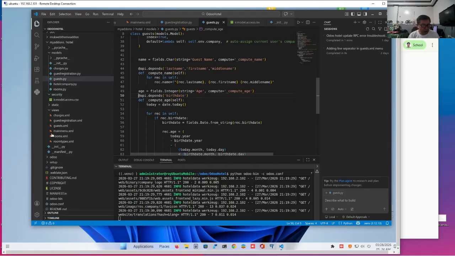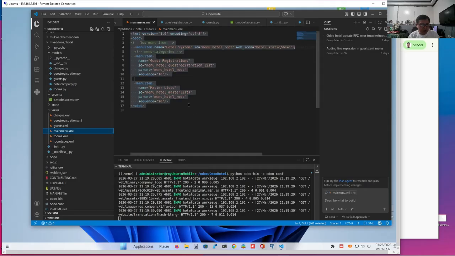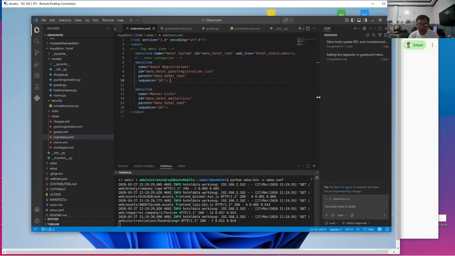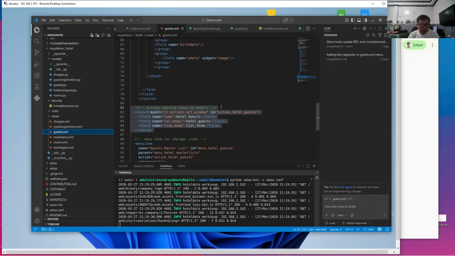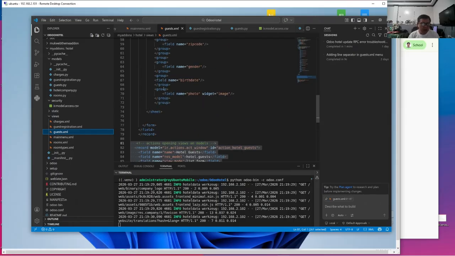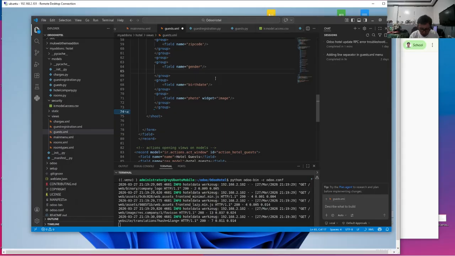Let us go to our guest.xml and include it in the form, somewhere near the birthday. Here it is. So we have a form, and then we'll find the birthday. It's there. So we group it with the birth date. In the XML, indentation is usually not very strict, but it helps for readability.